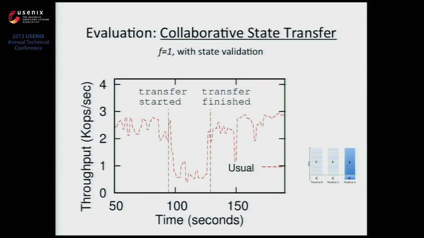And finally, I want to illustrate what happens when you try to use the collaborative state transfer, okay? In this case, we are assuming one fault, f equals 1, with state validation, okay? In the normal case, as happens, for example, in all BFT state machine replication protocols, you have something like this. One of the replicas sends the state and the log, and the others send a digest of this information. In crash fault tolerance, in a normal Paxos, in general, you ask for the state from the leader, for example, and then you have this kind of problem. So the problem is very similar, okay?